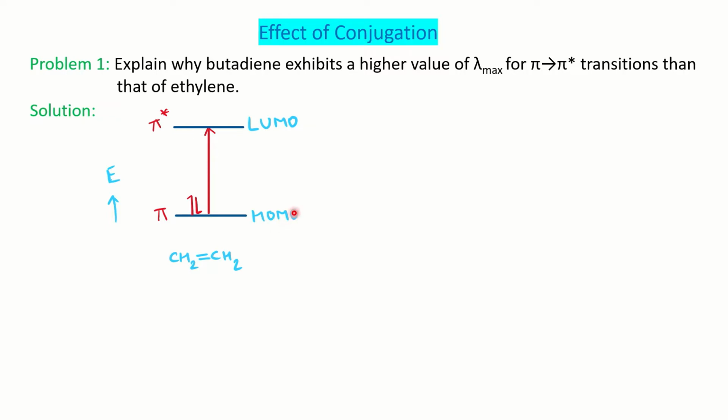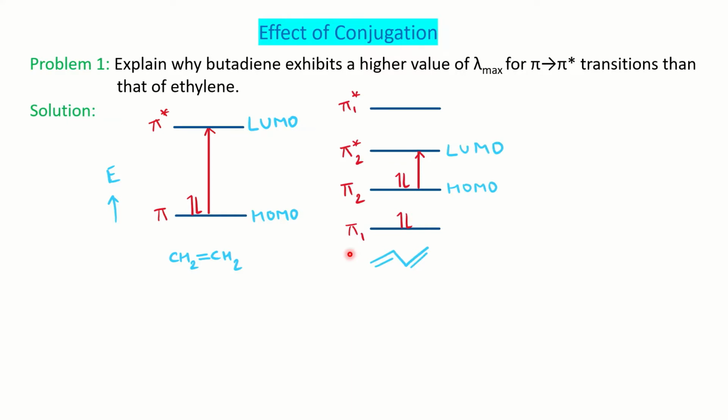You can see here the labeling of HOMO and LUMO. HOMO is the highest occupied molecular orbital. As you can see here, 2 electrons are present. So for ethene, pi is the HOMO, and the lowest unoccupied molecular orbital, that is LUMO, is where you don't have any electron present. The pi orbital is bonding and anti-bonding. So the transition will take place from pi to pi star, and we will get the lambda max value, which we will see.